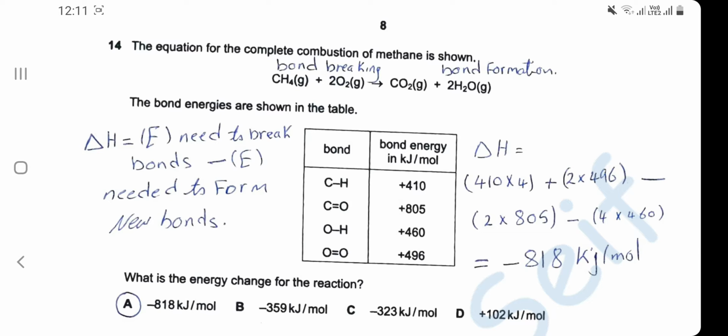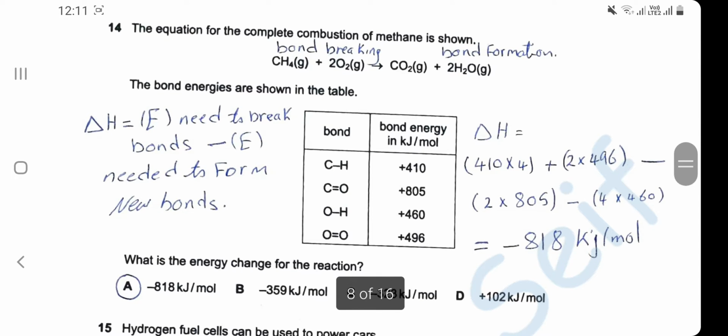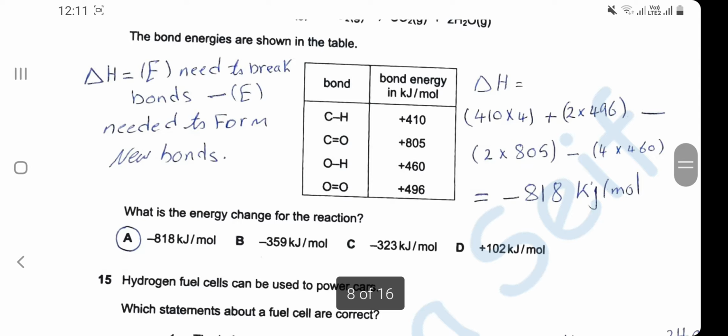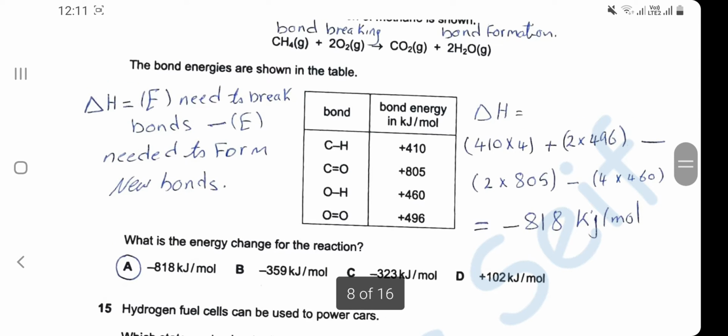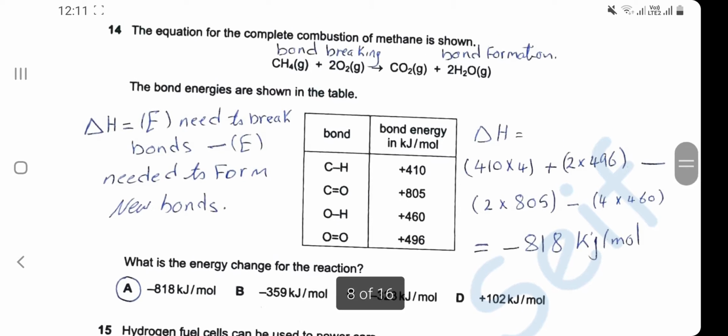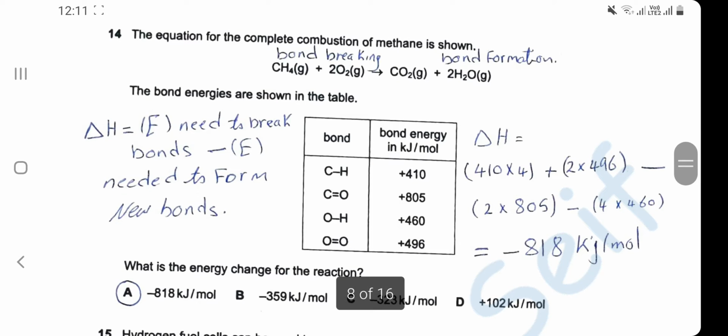Bond energy shown in the table. And he asked about the energy change for this reaction. Energy change, delta H, is the energy needed to break the bonds minus the energy needed to form new bonds. Here, energy needed to break the bonds, we have